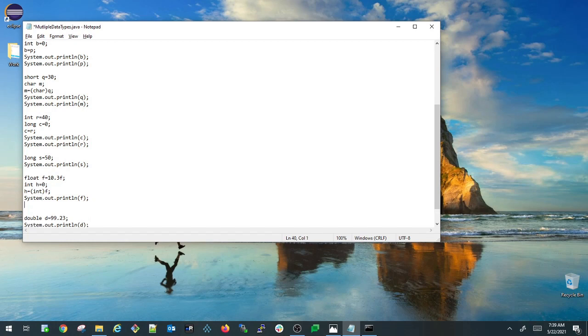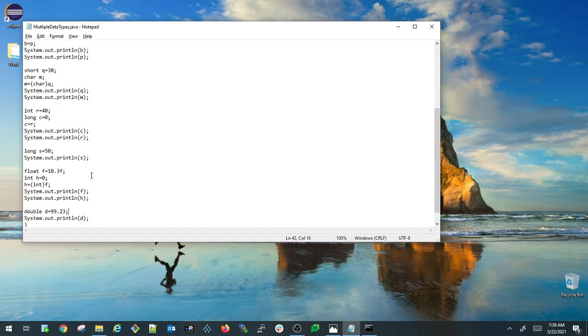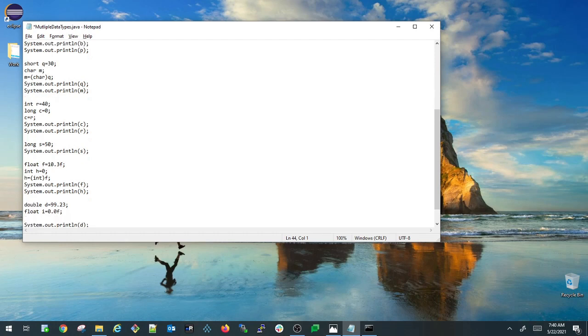Now let us print the h here. System.out.println h. And I'm also declaring one more float variable here, float i equals 0.0f, and I'm converting my double variable from double type to float type here, i equals d.